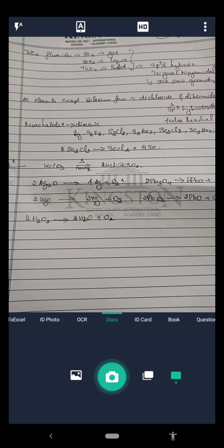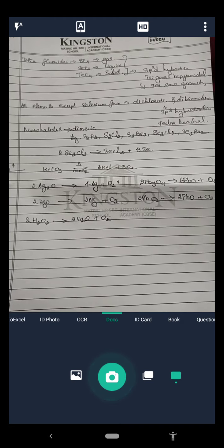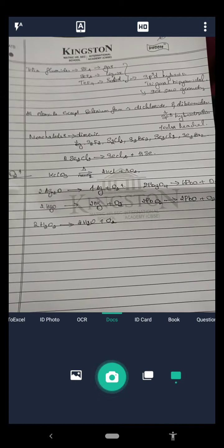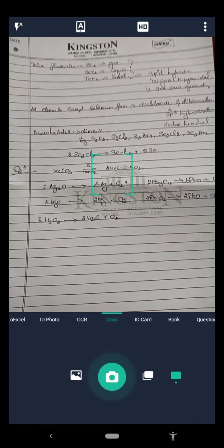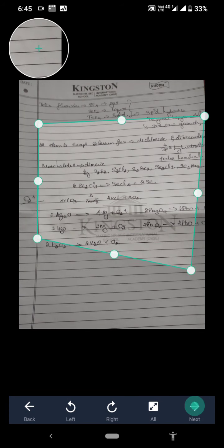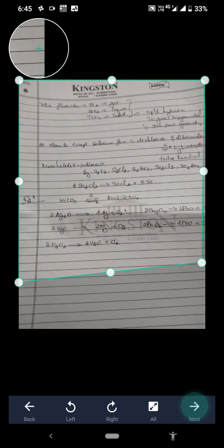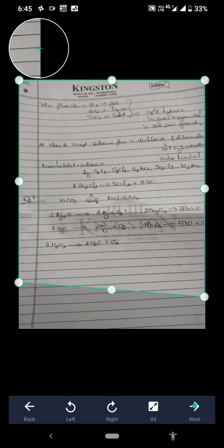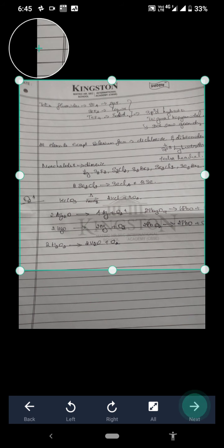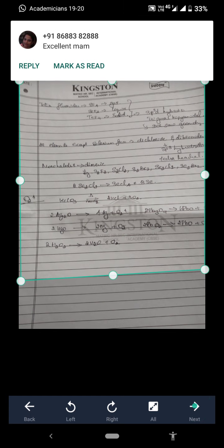I'm going to scan it here like this. It will capture, and once the capture is over, it will ask for cropping, so you need to crop here. I didn't do it properly, so don't do it like me; do it accordingly.